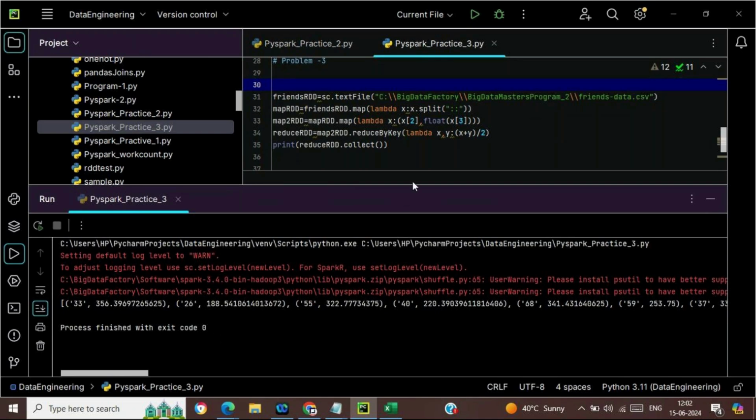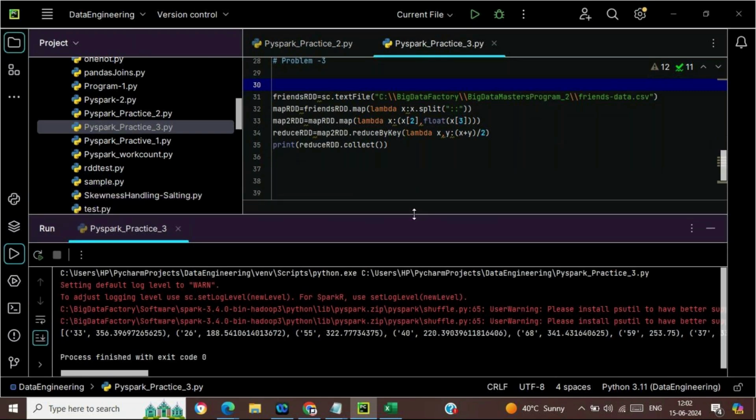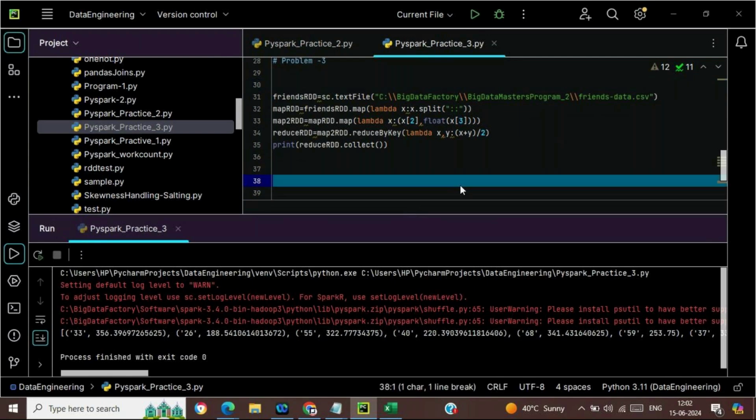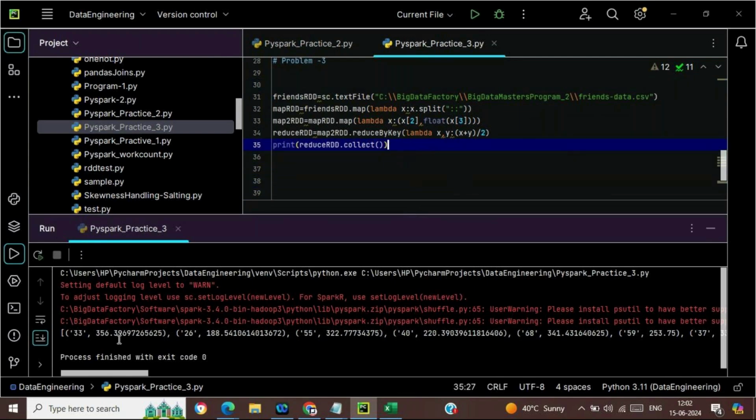Let me try to show 33. What this will do is x plus y, divided by 2.